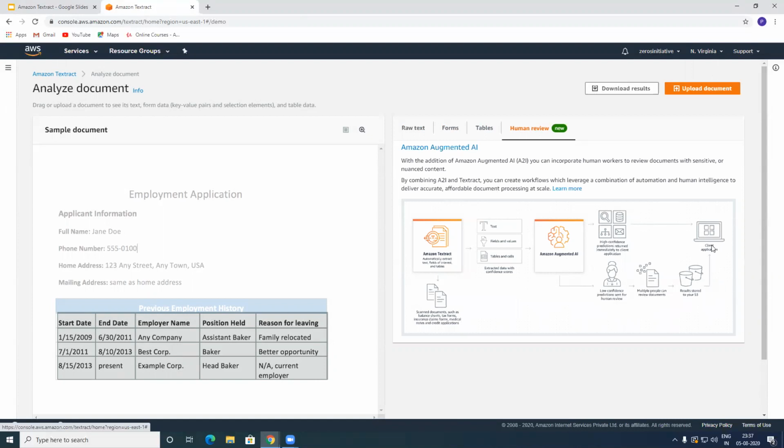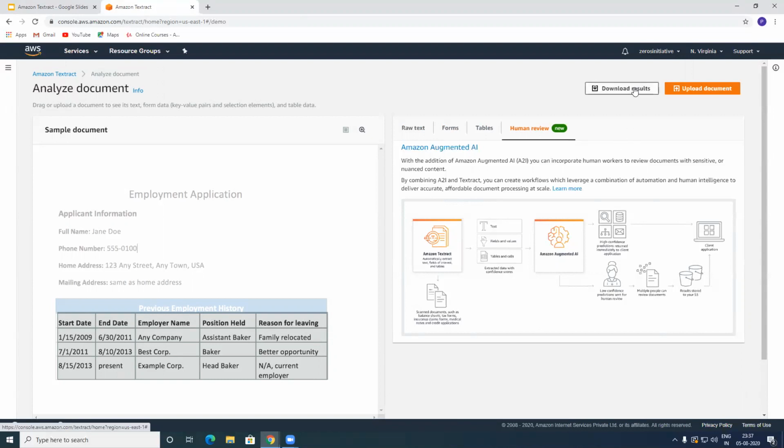So this is a pretty amazing, really good workflow that you can have. Instead of having your humans take a look at these documents, you can ensure that you have an instruction-based automated workflow through Amazon Augmented AI, where you need to specify some instructions. Based on those instructions, it's going to run your worker jobs, and it's going to inform you automatically if there is any discrepancy in your document and so on.